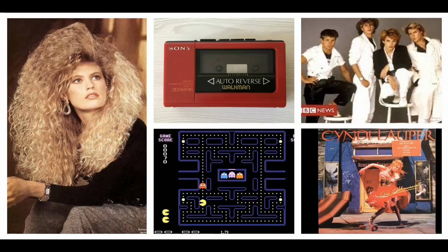Gen X are those who grew up in the 80s, who had their formative years in that decade. That was the decade of big hair and questionable fashion. That was also the decade of technology that developed into what would become addictive video games. It was the time when music and learning became personalized and portable. And it was also the time when women were told that it was okay to have fun.